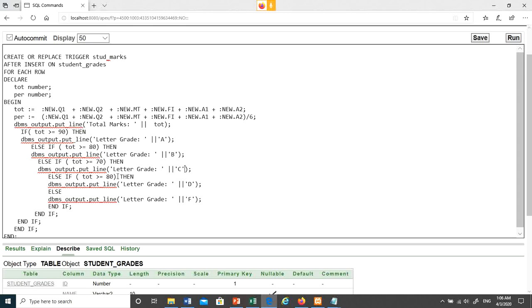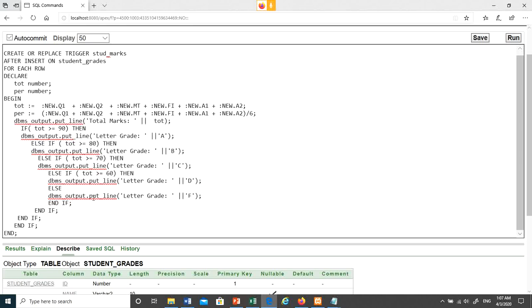Else if total is greater than or equal to 60, this is not 80, this is 60, then the letter grade is D. Else display that the grade is